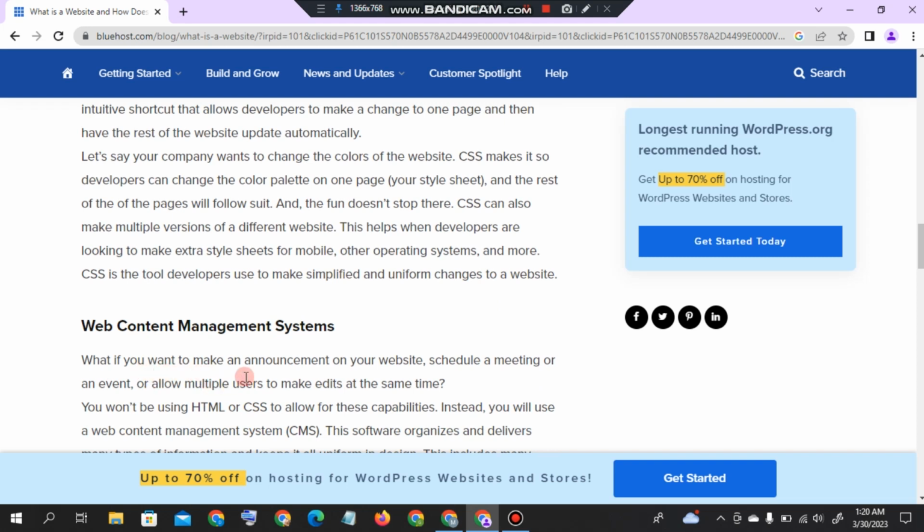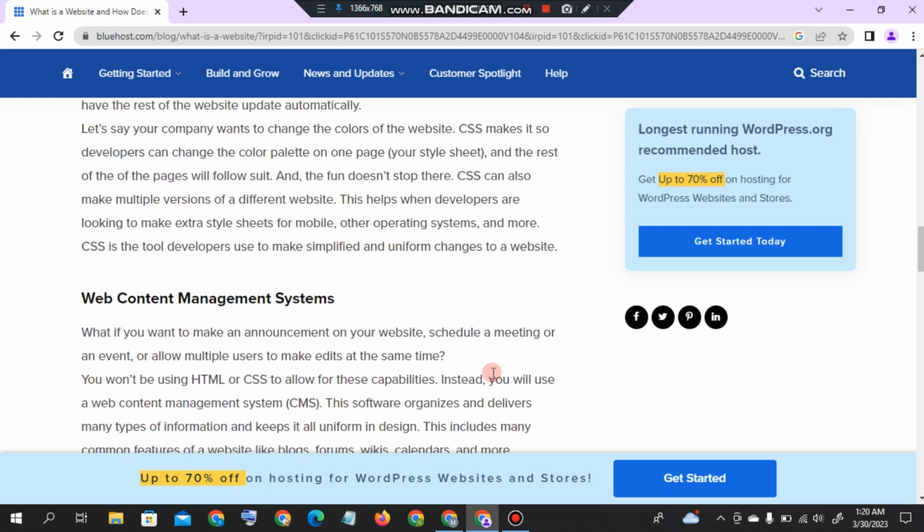Web content management system. If you want to make an announcement on your website, schedule a meeting or an event, or allow multiple users to make edits at the same time, you won't be using HTML or CSS to allow for these web capabilities. Instead, you will use a web content management system, CMS. This software organizes and